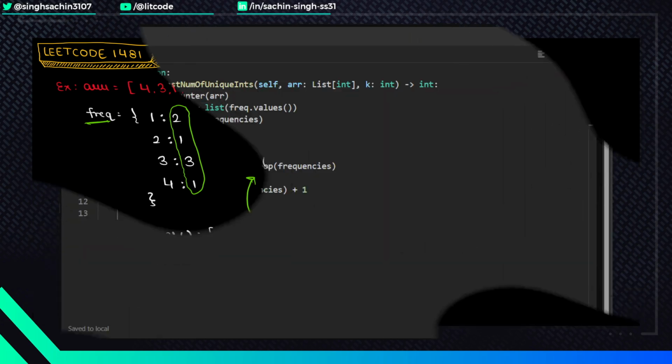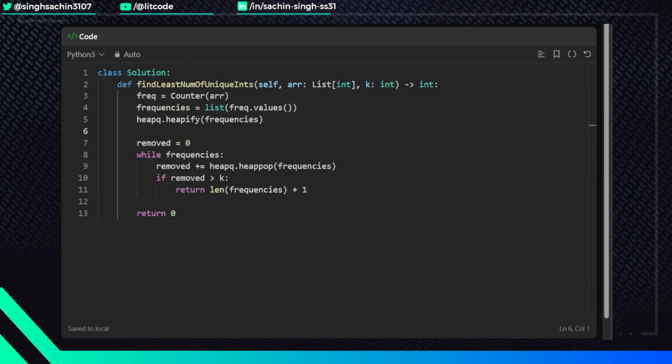Let's check out the code as well. So this is the code I was able to come up with. First we calculate the frequency of each element. After that I got the frequency values using the dot values method. And what we are doing after that, we are converting that frequency into a heap. Now comes the removed variable which we discussed in the explanation. And while I have the variable, I am basically popping out elements from the heap,